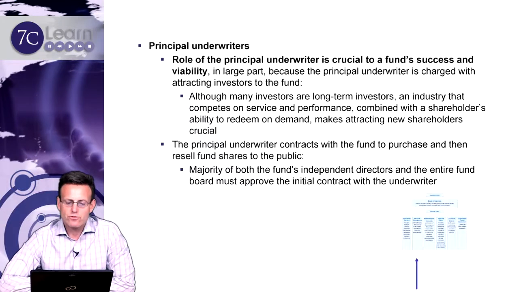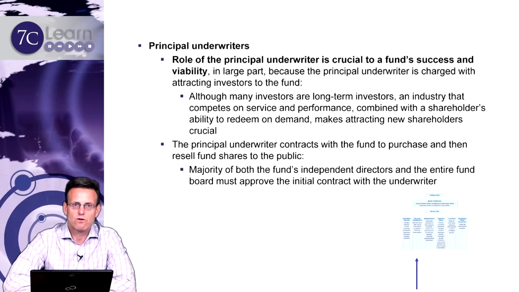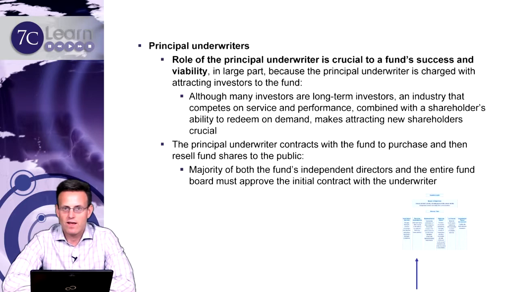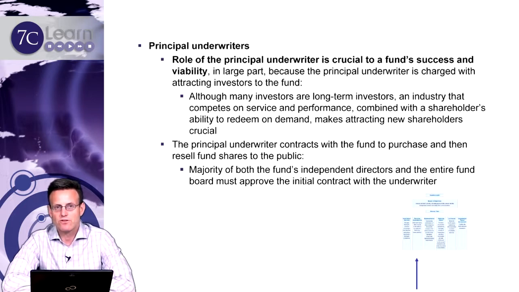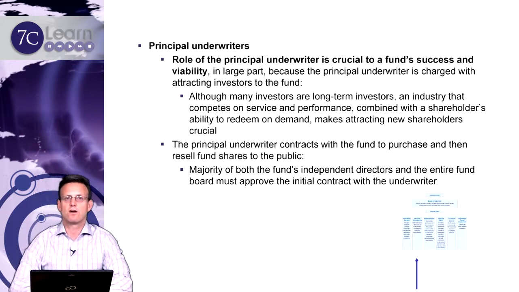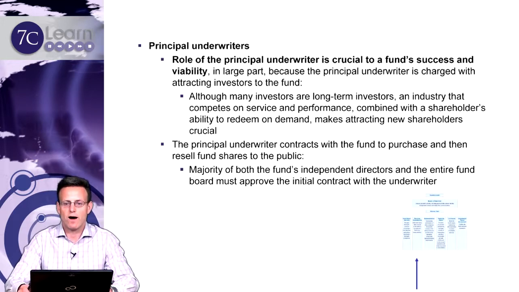Okay, principal underwriters, we already talked about this. This is the critical role of underwriting and distributing the fund, which is our product. So generally, most firms internalize this role, meaning you don't outsource this because you want to control your own distribution. This is your lifeblood. You live or die by AUM, assets under management, and this is your ability to access new investors. So typically, this is a function that would be handled by the fund's sponsor.